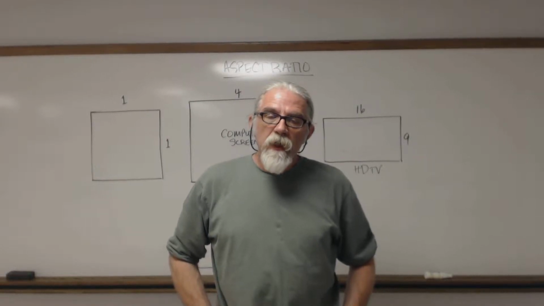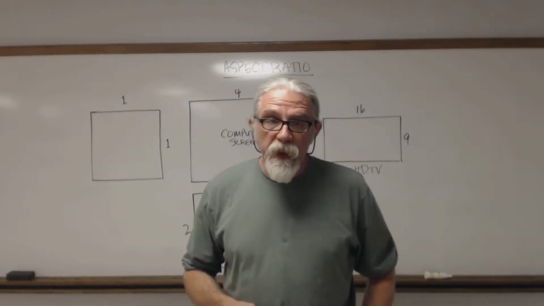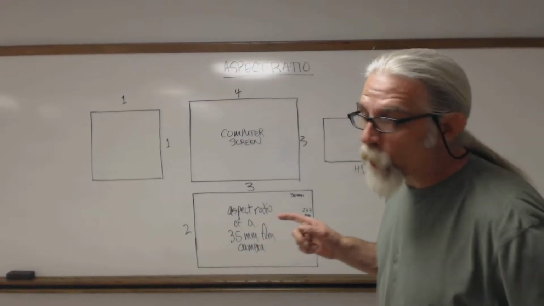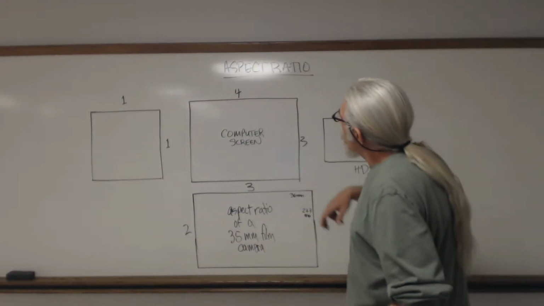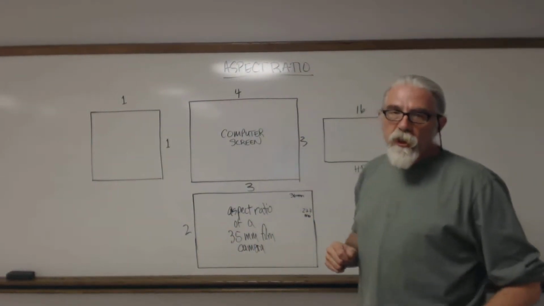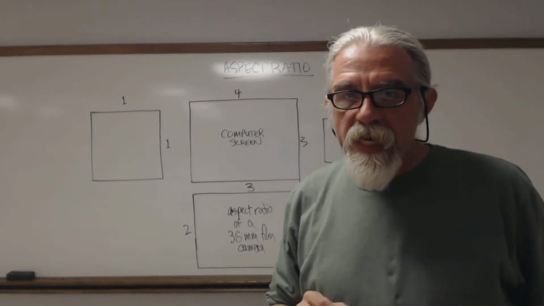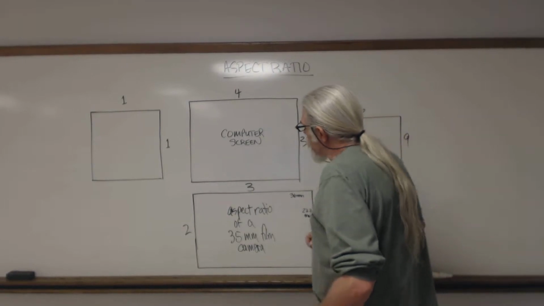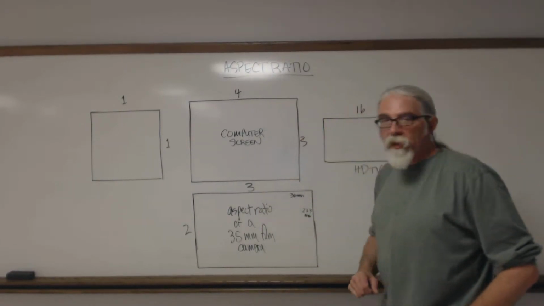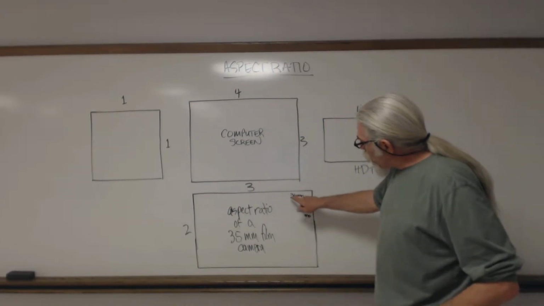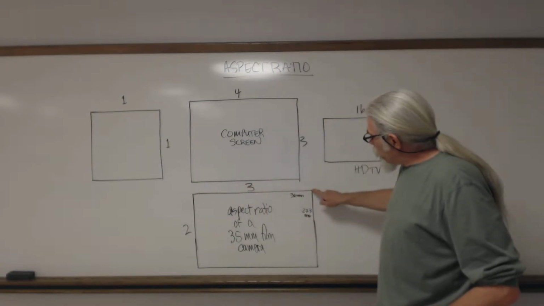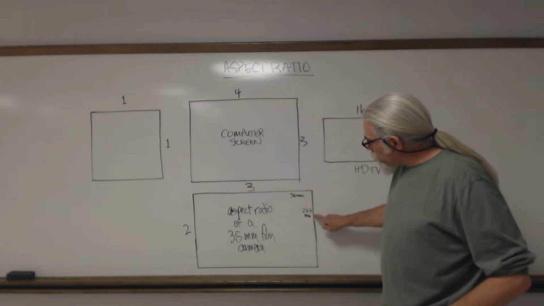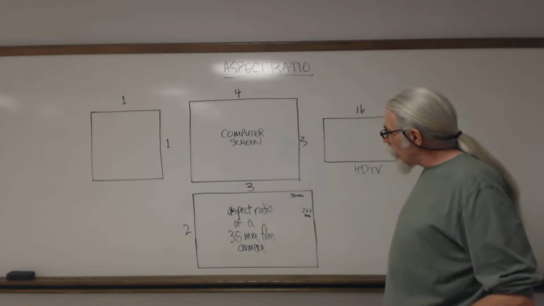Hey, welcome back. We're going to start talking a little bit about composition, and I put a few things on the board. These are a variety of different aspect ratios that we will see in different types of cameras. Typically, the 35 millimeter film camera, which had one side of the film 36 millimeters, the other side about 23.3